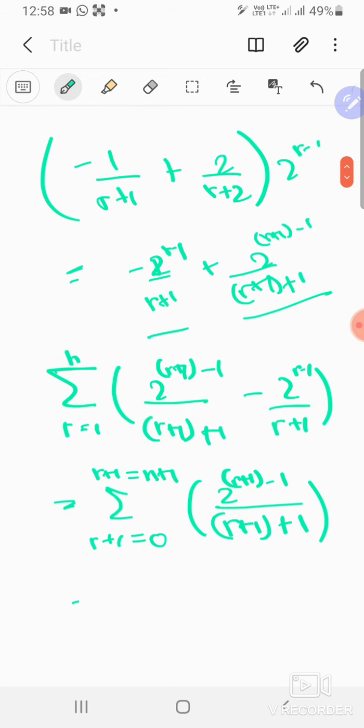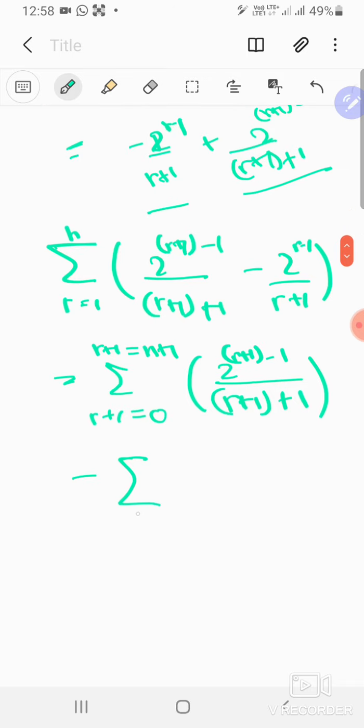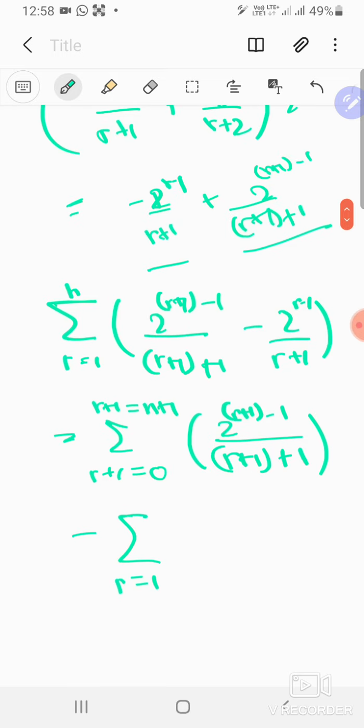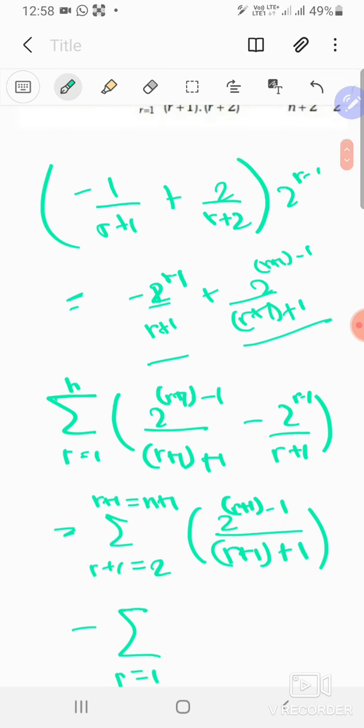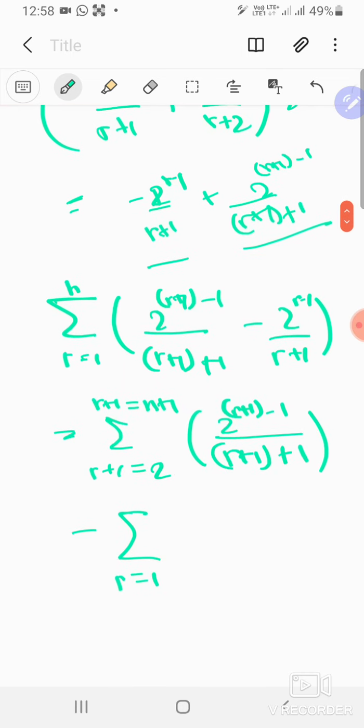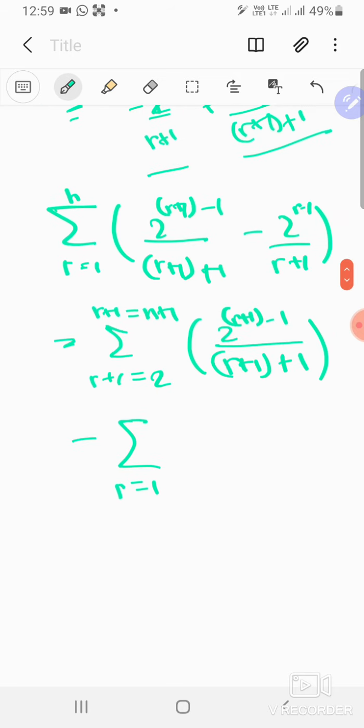Okay, and then minus the summation from r equals to 1. Wait, is this supposed to be r plus 1 equals to 0? No, it's supposed to be r plus 1 equals to 2. Right, that's more like it. So r plus 1 equals to 2. Fine. So that is some minus the summation from r equals to 1 to n of 2 power r minus 1 upon